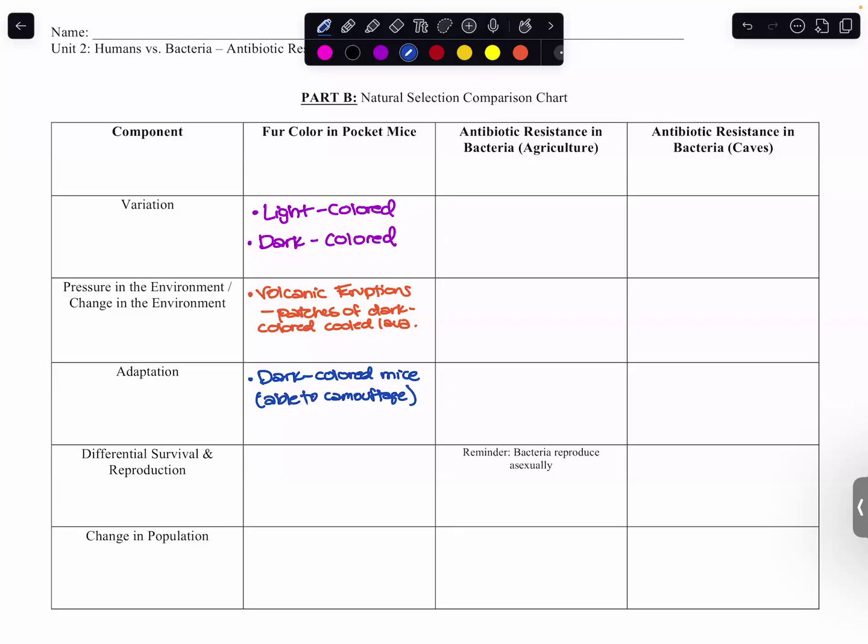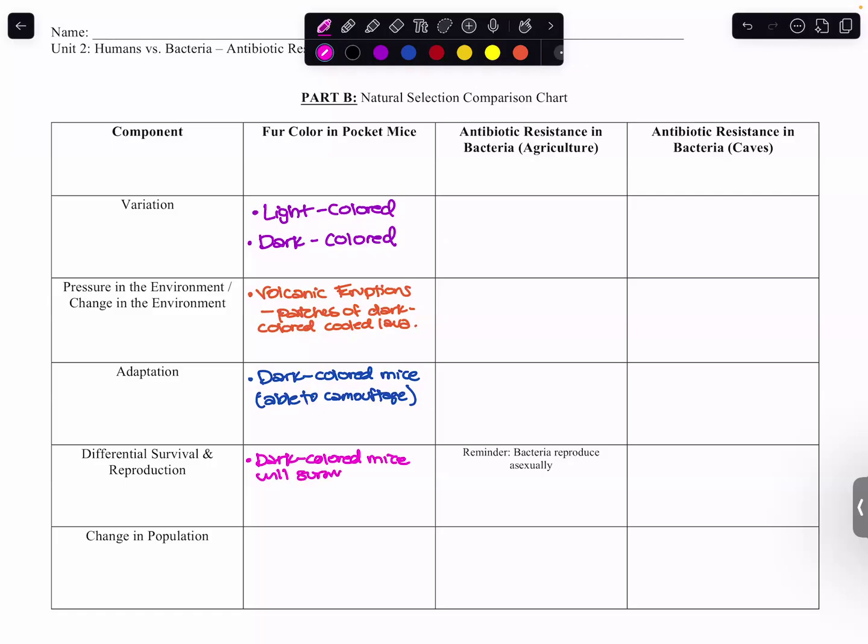If I have darker color fur, I'm gonna be able to blend in a lot better against a dark colored patch of land, right? I'm not gonna be seen by predators. So as a result, my differential survival and reproduction is going to be dark colored mice